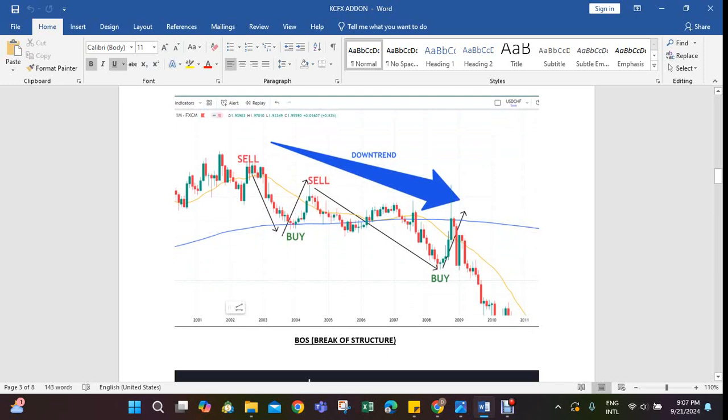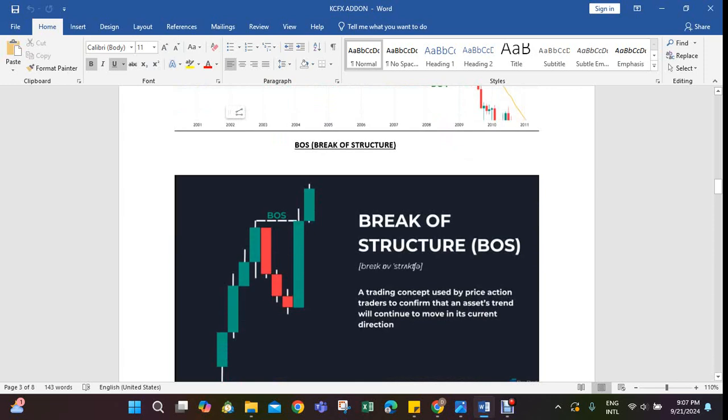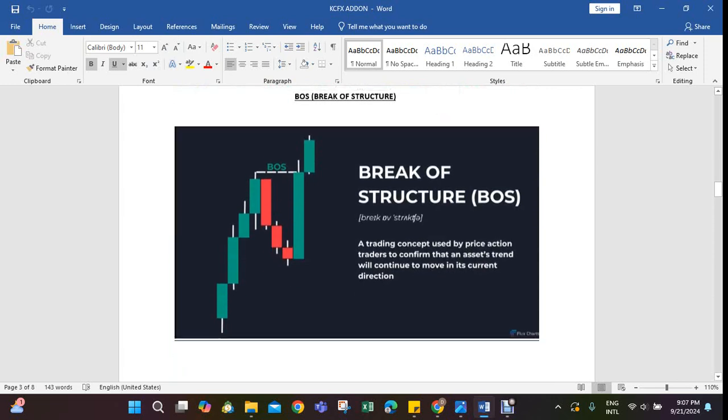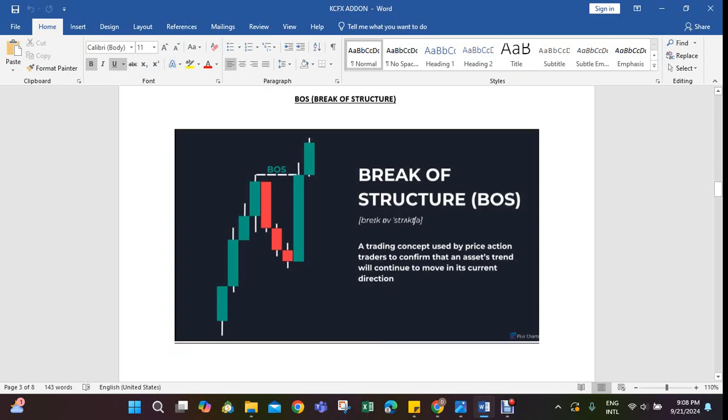Now we are moving to the next level of my strategy, how I work. So now it's the BOS, the break of structure. That's what it means. Here we have a short definition. It says a trading concept used by price action traders to confirm that an asset trend will continue to move in its current direction. Now this is plenty of grammar. To make it easy, what it means here is,